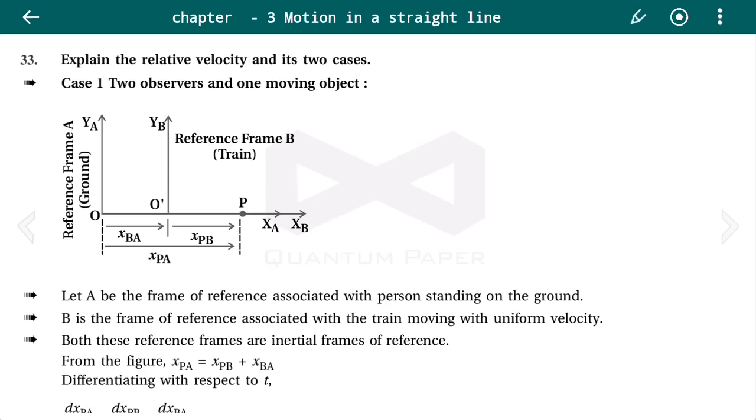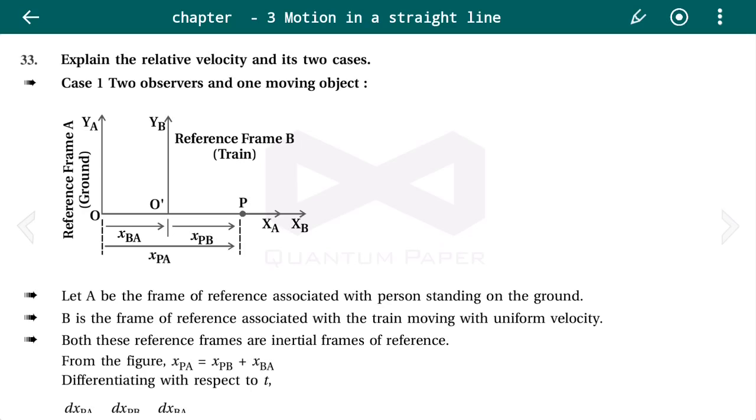Now relative velocity. See, the word relativity is used when something is compared to the standard, right? So here the velocity of a moving object is compared to the velocity of the object that is at rest or in motion. So that is called relative velocity: velocity of a particular object with respect to the stationary or the moving object, right? That is called relative velocity.